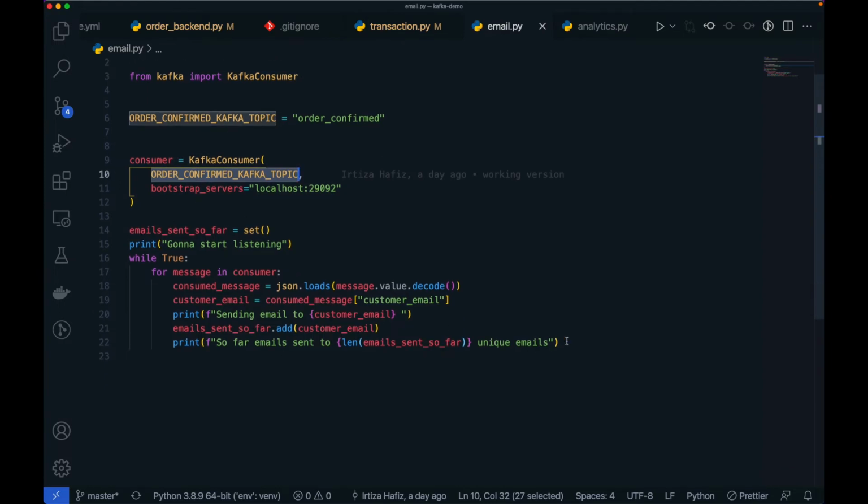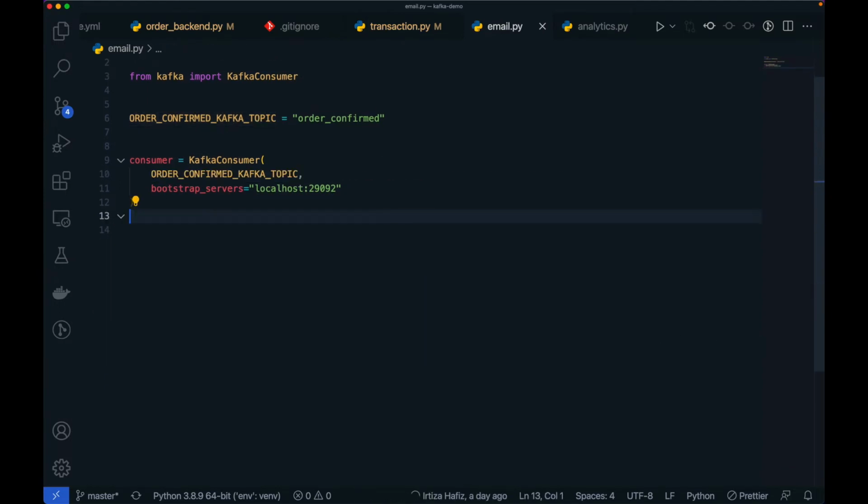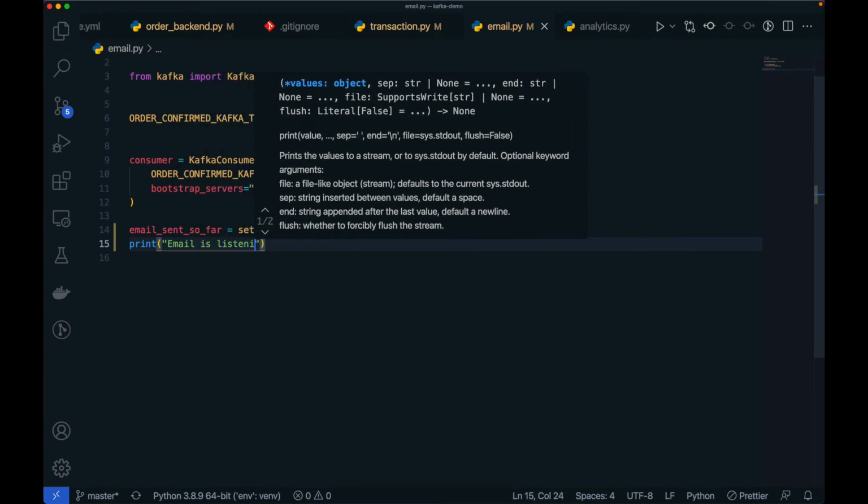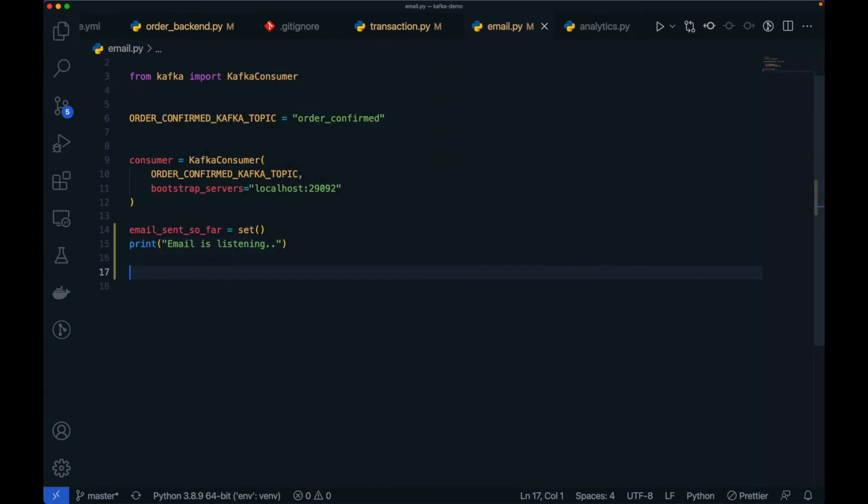And then we can go ahead and write this part again so that it makes more sense. So we have our email. We're gonna keep track of how many emails were sent so far, so that you can see gradually the number go up. All right. Once again, we're gonna print something, let's just say email is listening, and then we're gonna have the infinite while loop, and then for message in consumer,